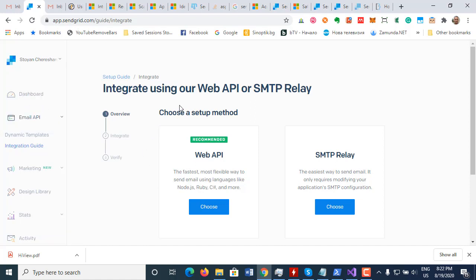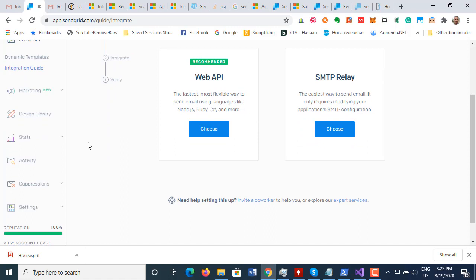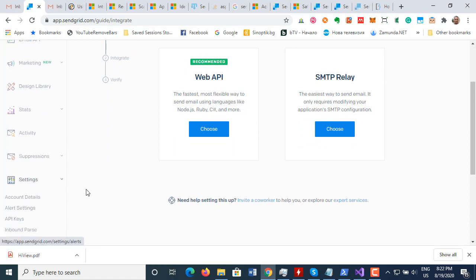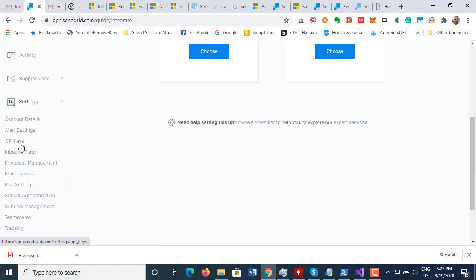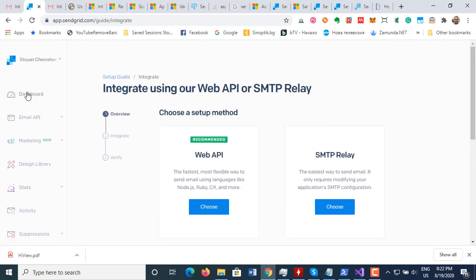What you have to do is give your name, your address, your phone number, everything, if you choose, for example, not to use a domain. Because according to law, you're not allowed to send emails if you don't give all these details: settings, account details, alert, the API keys. I don't remember where it was, but anyway, if you create an account, the first thing the system is gonna ask you actually